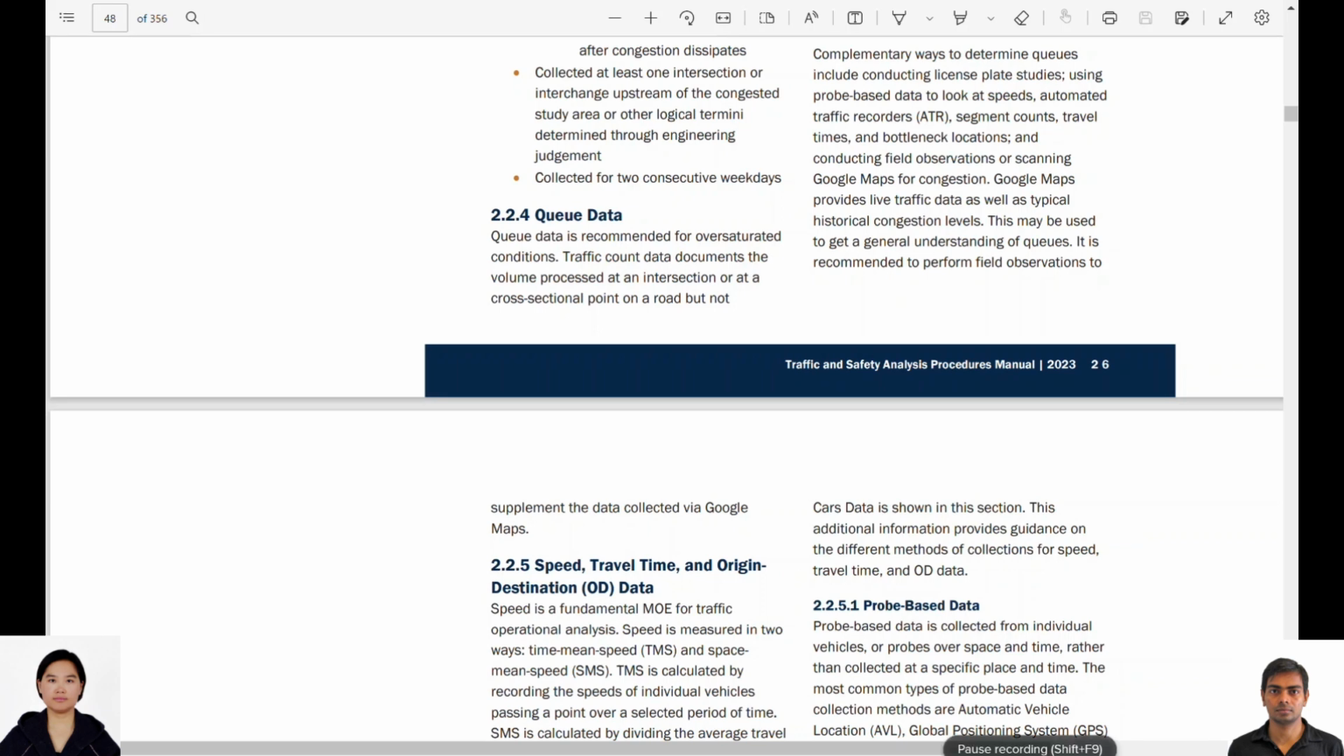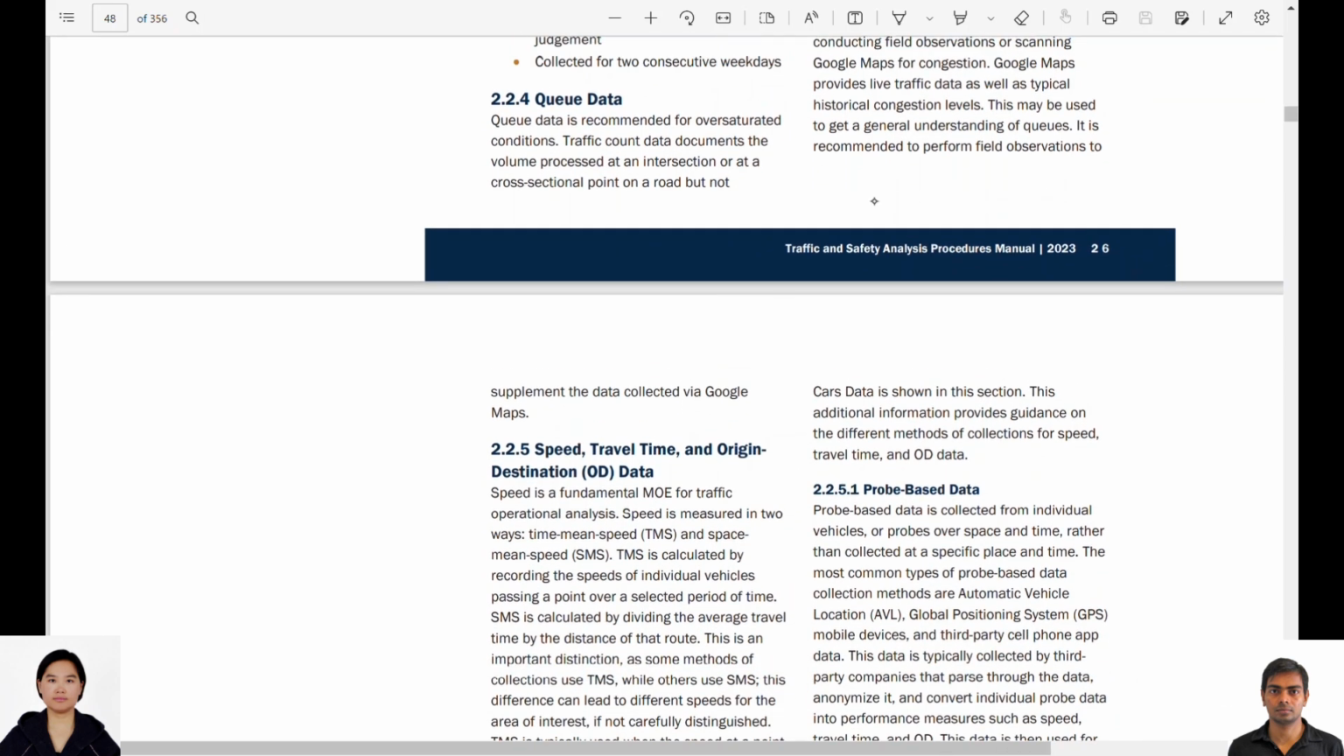After the Q data, the next one we have is the speed, travel time, and OD data. So speed is a fundamental measure of effectiveness for traffic operations. Speed is measured in two ways: time mean speed and space mean speed. We have discussed these things in greater detail in chapter 2 of our video series, Fundamentals of Traffic Operations,